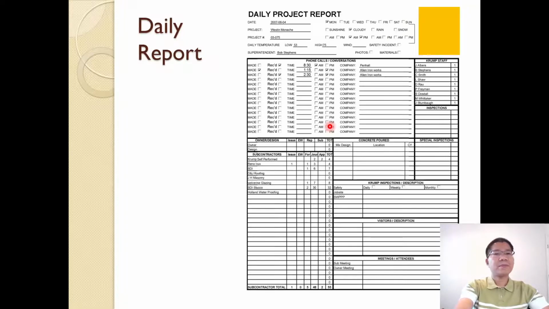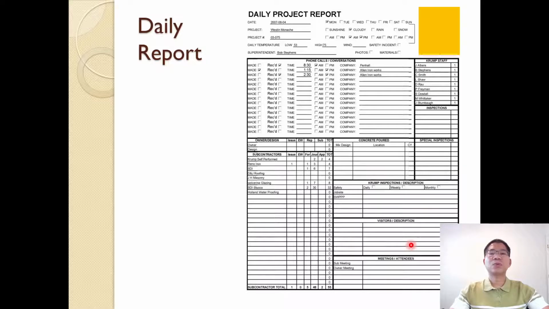Then every day, we need a daily report for the project: what happened, what date, what time, what the project number is, what the weather looks like, AM and PM, any correspondence and calls and from whom, how many staff are on site for the contractor, for the company that prepares the daily report, and the workers of different subcontractors on site.